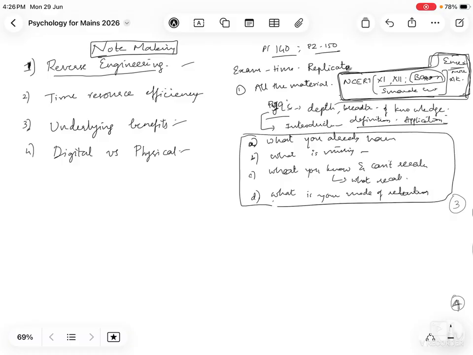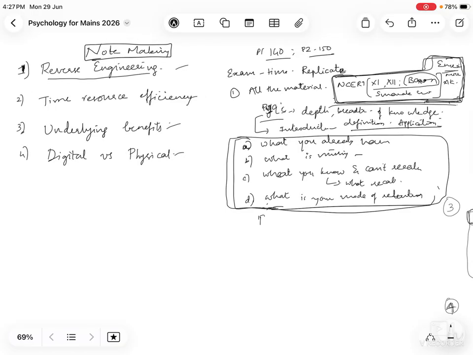So initial readings में you need not make notes because that won't be as empirical, as objective as when you make notes after doing this analysis. तो इसके बाद you will understand कि किस फॉर्मेट में नोट्स बनाने से आपका रिटेंशन ज़्यादा अच्छा रहेगा. So if let's say you are not able to replicate research studies, so you'll make headings.